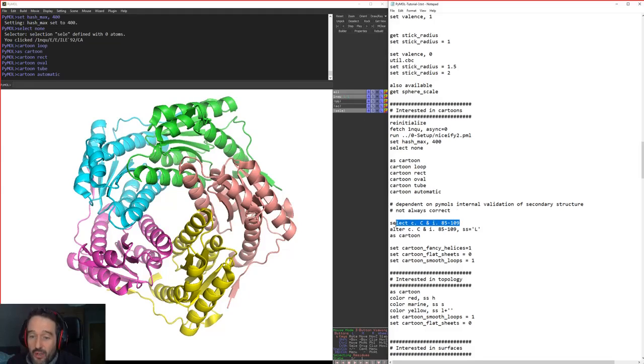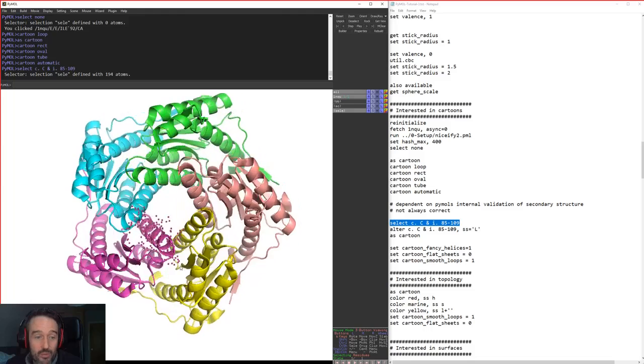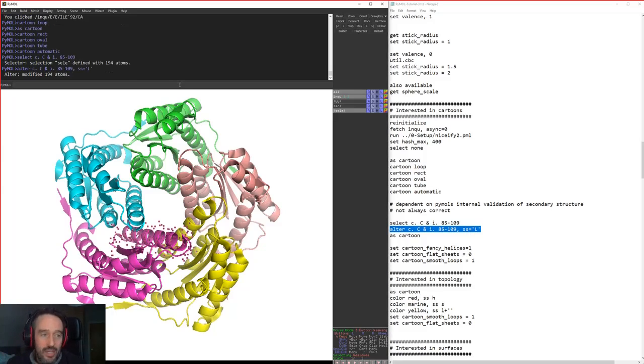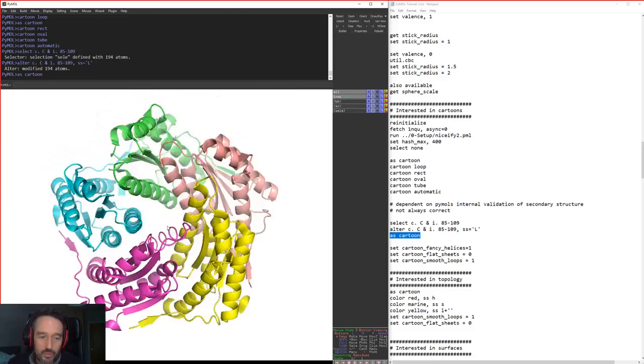You can also redefine parts of the secondary structure. For example, it may not be correctly allocated, or you might be doing something where you want to play around with that. So here we can choose an alpha helix, for example, and we can use this alter command, which I think I showed to you before. But this time, what we're doing is defining our secondary structure as a loop, and we can hit that, and now we need to just rebuild our image. And this time we've made this into a loop rather than a helix.